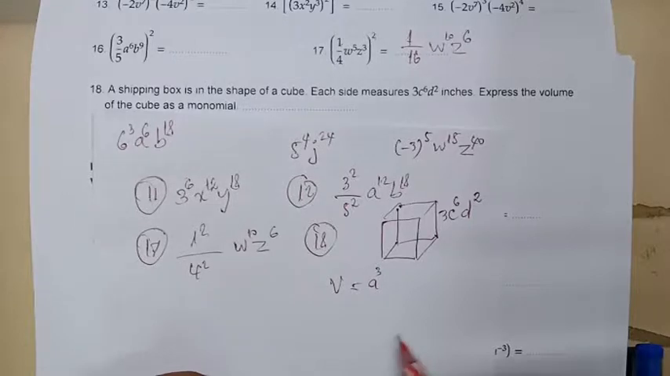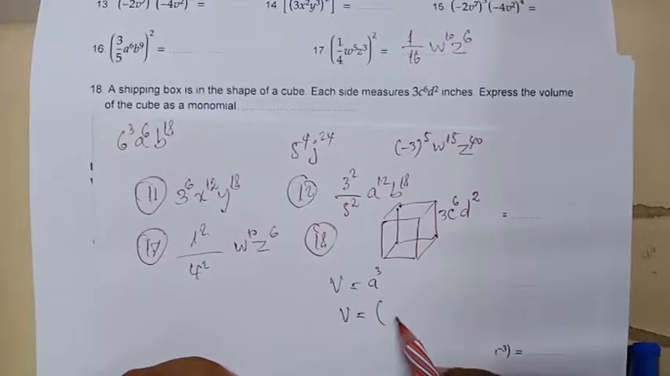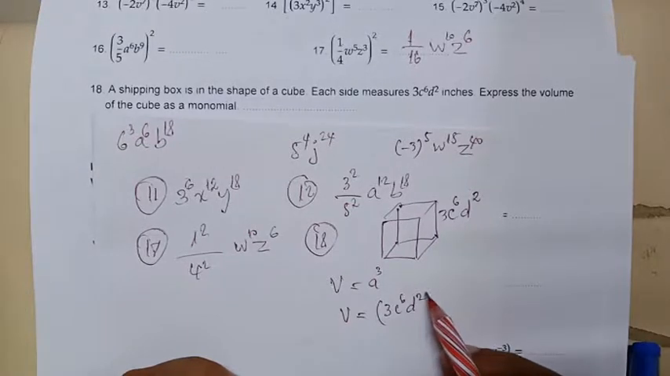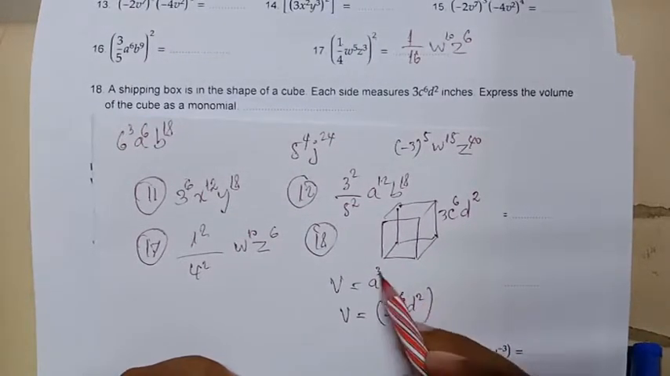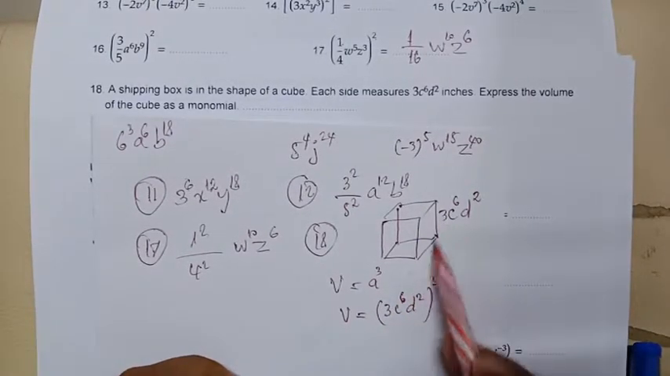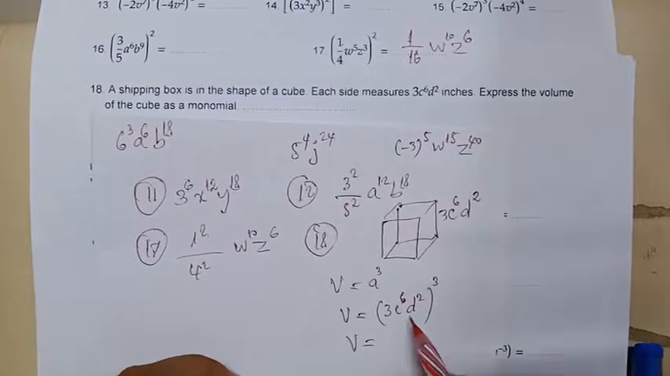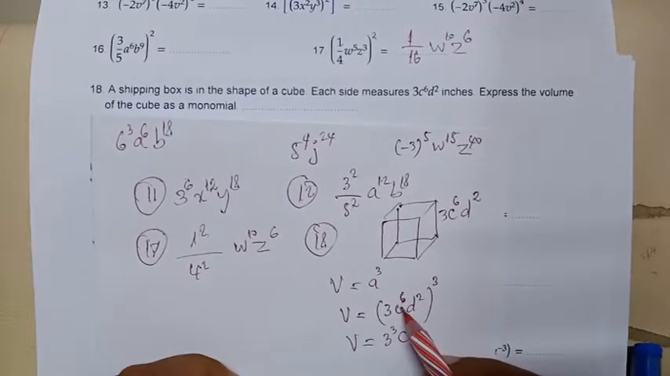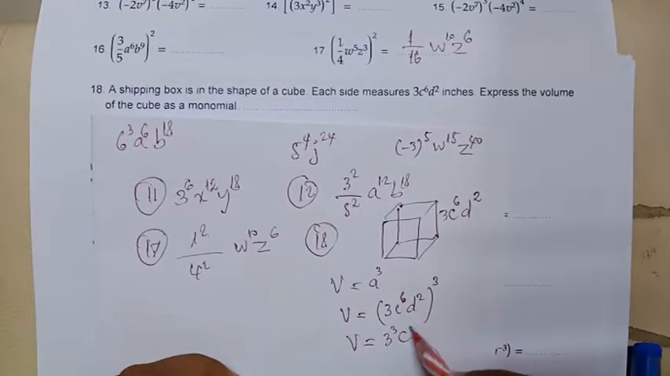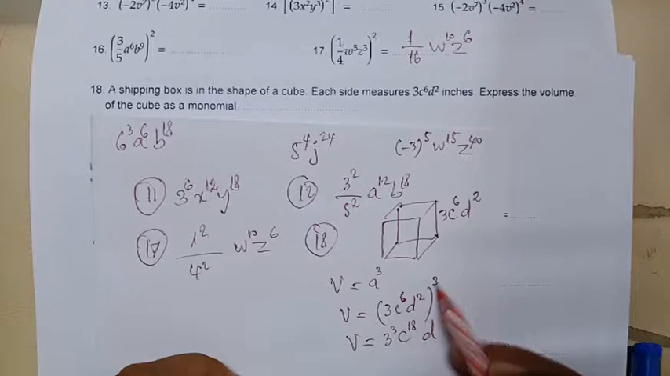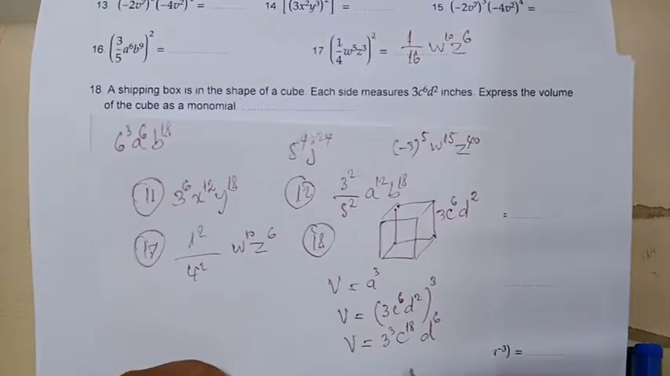So to find the volume of this cube, V is equal to its side, 3, C to the 6, D raised to 2, and then to the third power, like this. This represents the A value, the side. So V is equal to 3 to the third, C, 6 and 3 multiplied together, you get 18, and D squared, 2 and 3 become 6. To simplify it,